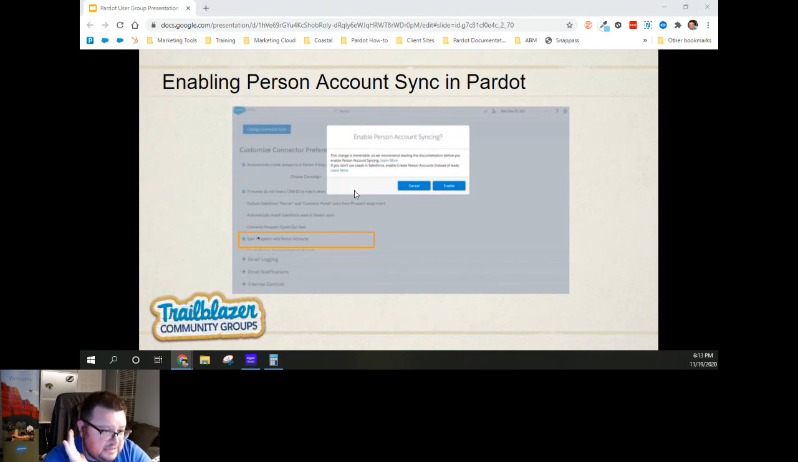Unfortunately, you can't just go back and say, never mind, I don't want to sync anymore. It is a permanent thing. So this definitely took a lot of time out of it, because now you're actually able to say, cool, enable Pardot to sync with person accounts. This is not available until you've already done the work in Salesforce, however, to get Salesforce to set up what your